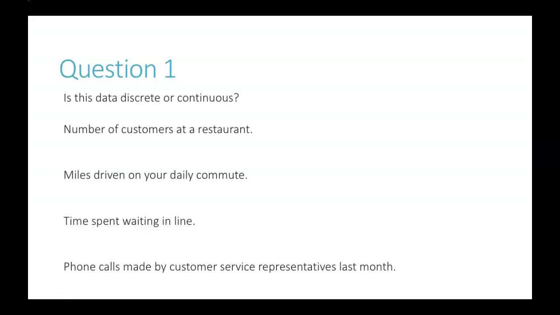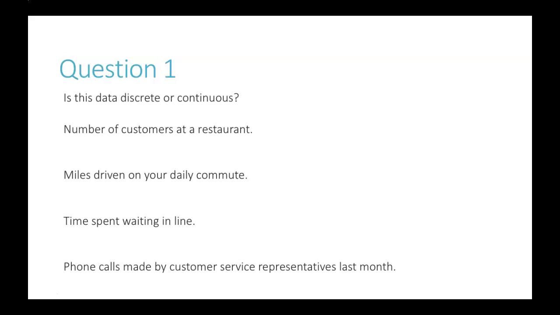So exam 2 covers chapters 5 through 8. If we start off way back at the very beginning of chapter 5, it was asking you whether data was discrete or continuous. So if we have these different pieces of data here,